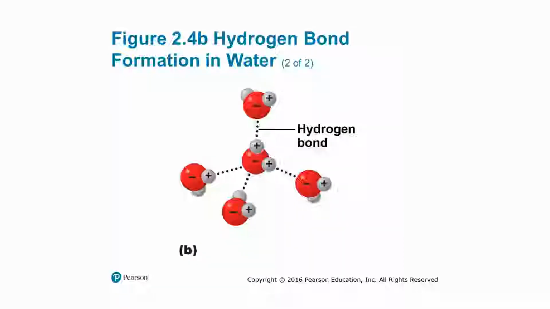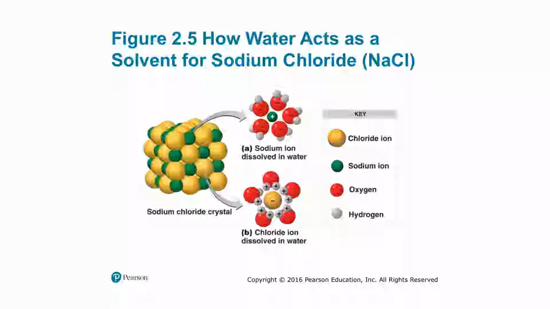So we have already taken a look at the hydrogen bond formation in water, and this is why your ice floats on your water. So water acts as a solvent for sodium chloride as well as lots of other things. And the reason why is when you drop sodium chloride into water, it starts to dissociate and form what we call hydration layers. And so the chloride ion gets dissolved in the water because you have the positive charged hydrogen